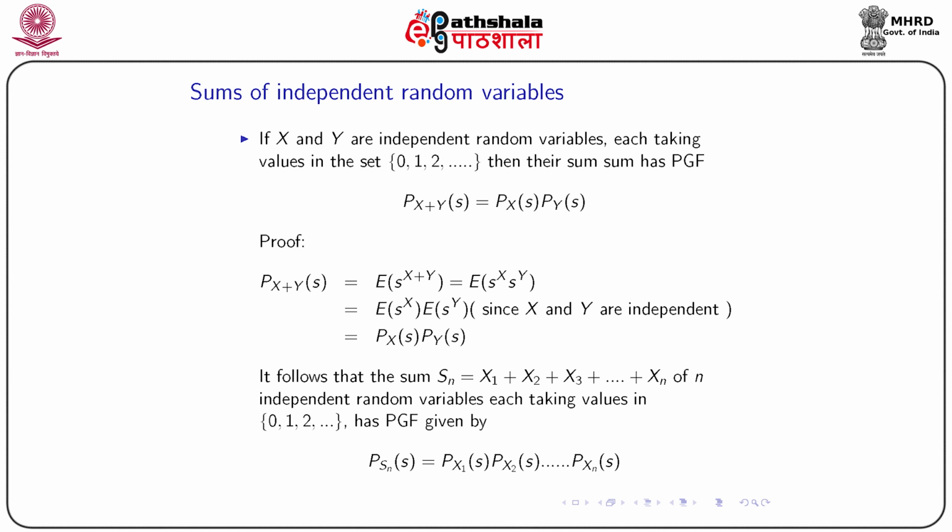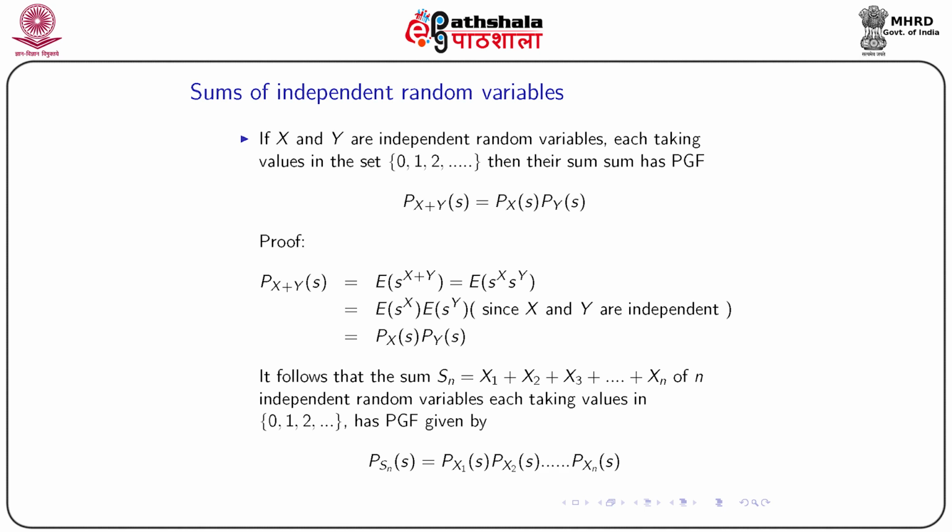Now the next advantageous area where we can use this probability generating function is finding the distribution of the sums of independent random variables. I'll start with 2 random variables, so we can easily extend this concept to 3, 4 or a finite number of random variables, or even a random sum of random variables. We'll describe that later. So suppose that X and Y are independent random variables.